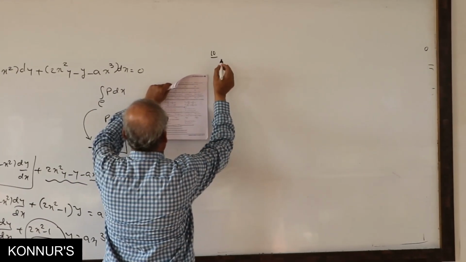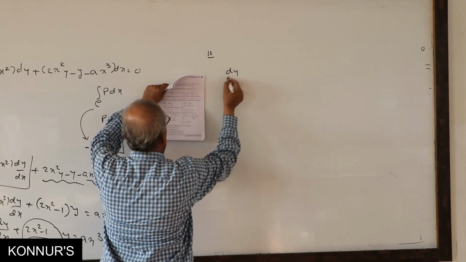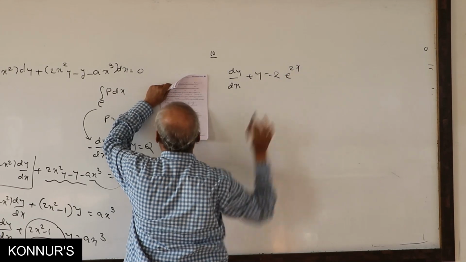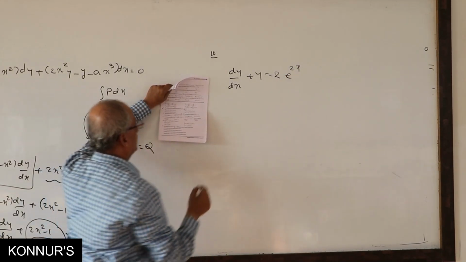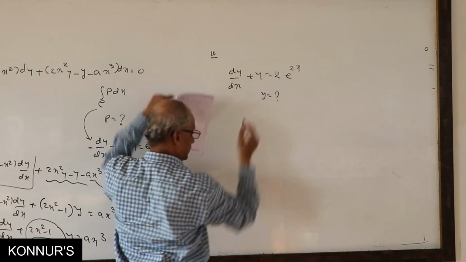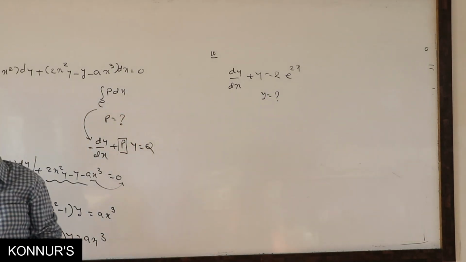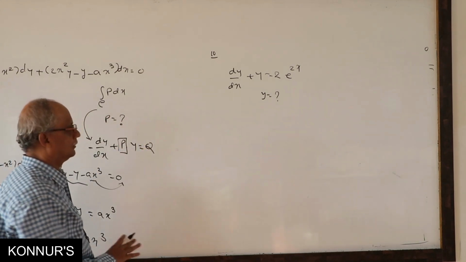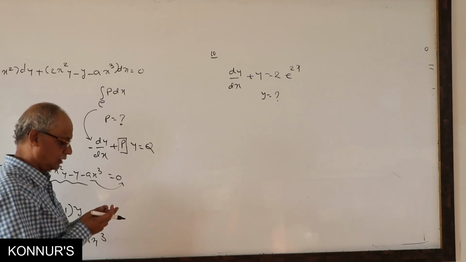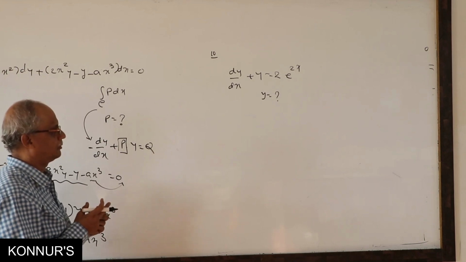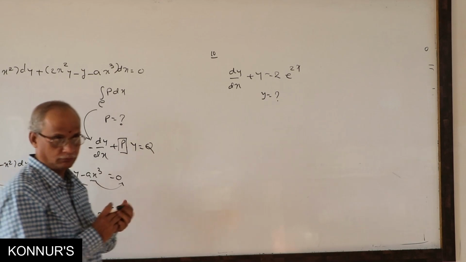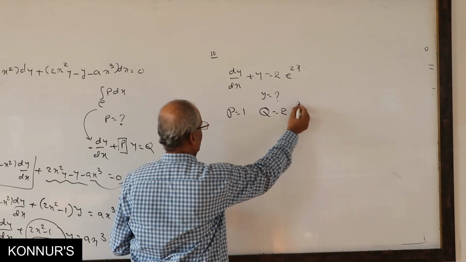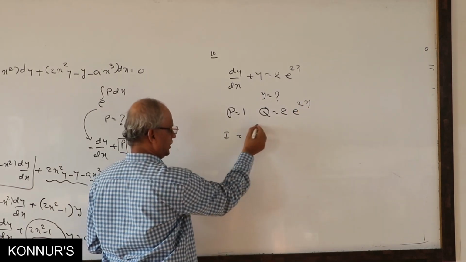First level meaning reading the writing scheme of dy by dx plus y equals 2 times e power 2x straight away. What is y? He is asking find y means answer, solution. Okay. Ready made. You will not touch anything. As it is ready made problem. Is in the form of dy by dx plus py equal to q. What is p here? 1. q twice e power 2x. IF is e power integral p dx.